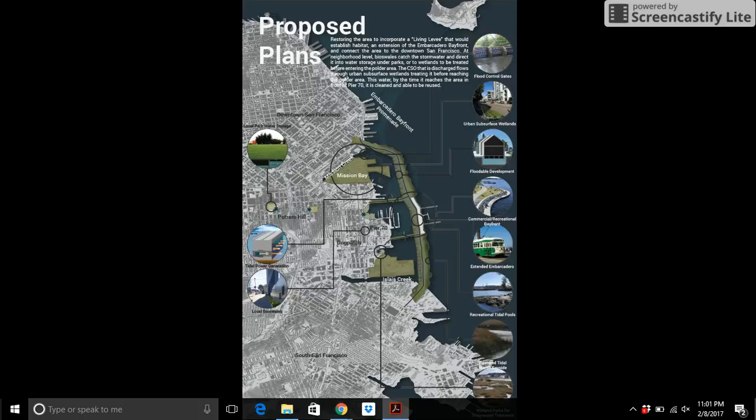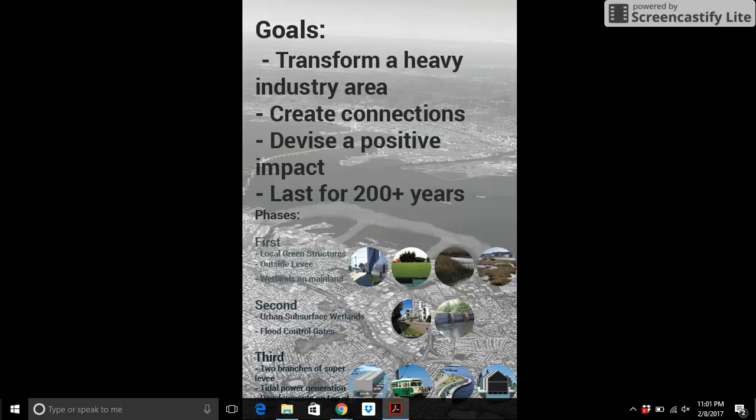And then in the Dogpatch Pier 70 area, the water from these vessels would be directed north to Crane Cove Park or south to Warm Water Cove Park so that these areas can become restored recreational wetlands that can filter and treat that water and store it so it can be reused. So overall, our goal is to